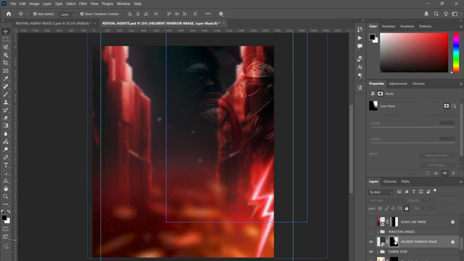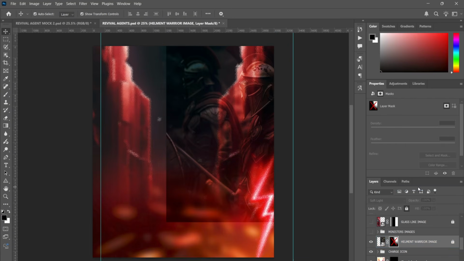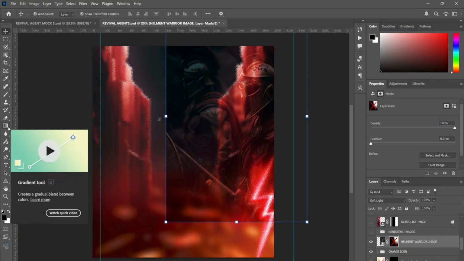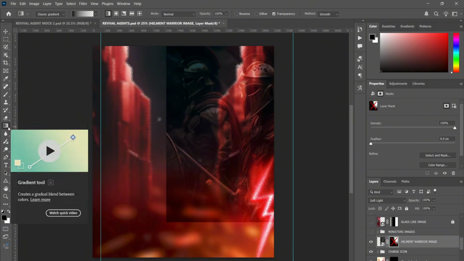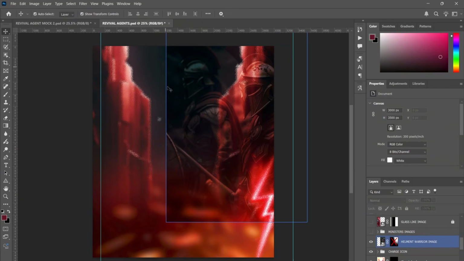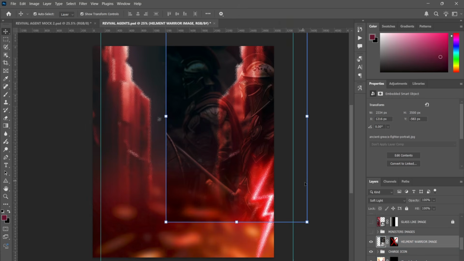All right, so I'm going to disable this layer mask so that you can see. When I disable this layer mask, I had added a layer mask to this, and then I blended it using my gradient. Exact thing I did for the background that has the chain, that was the exact thing I did for this image also. So you blend this part, and then you blend this part so that it can blend well, because this image has sharp edges on this design. It has sharp edges, so you need to blend the edges of this image so that it can fit well,